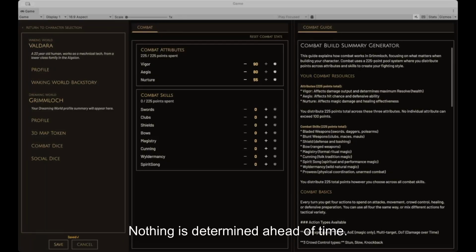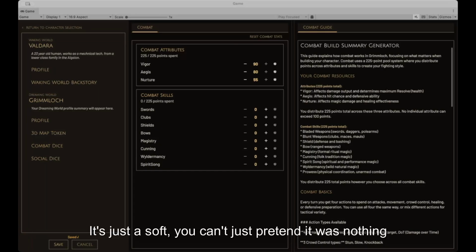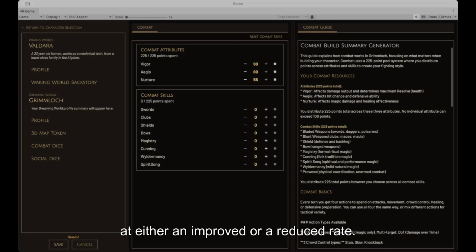Nothing is determined ahead of time. It's just a soft effect; you can't just pretend it was nothing, because now you're functioning at either an improved or a reduced rate. Will that make a big difference in some combats? Not all of them, but there's going to be the correct application of when intimidating somebody really makes a difference.